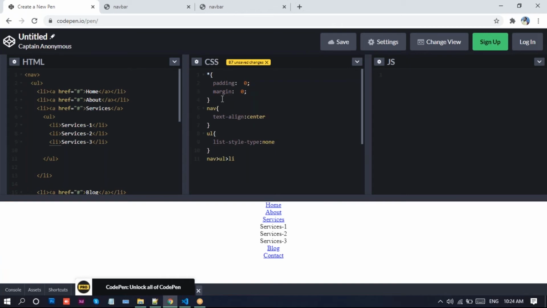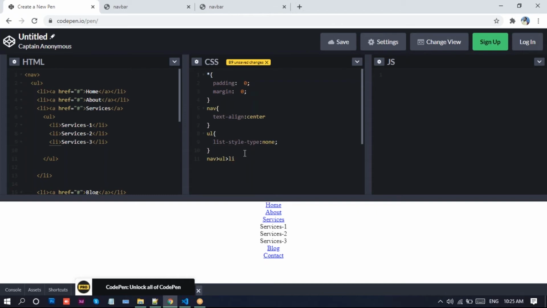If you write this, it makes the text align center. If you remove the none, we have these bullet symbols, on the left side where you can't see them, so it's okay.